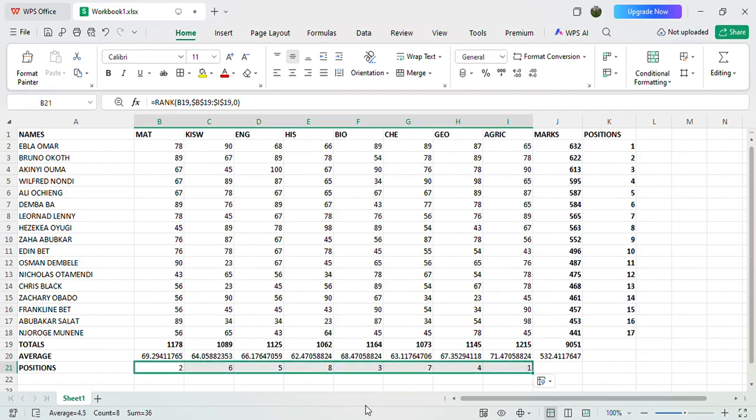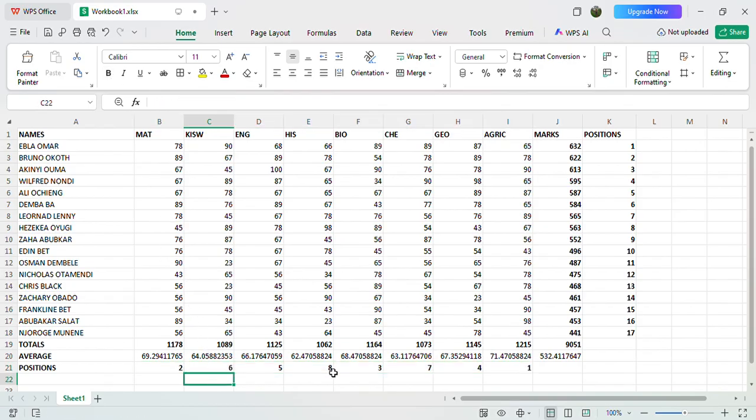After that, you will realize that our agriculture is number 1. With that one, you cannot rearrange them. So you will simply press them in bold, and there we go. We have our first subject, agriculture, and all that.